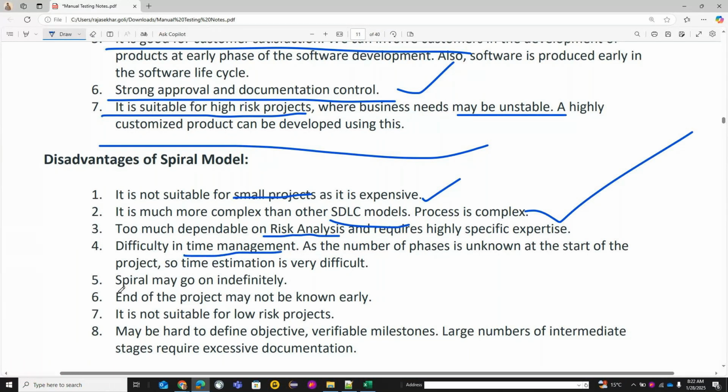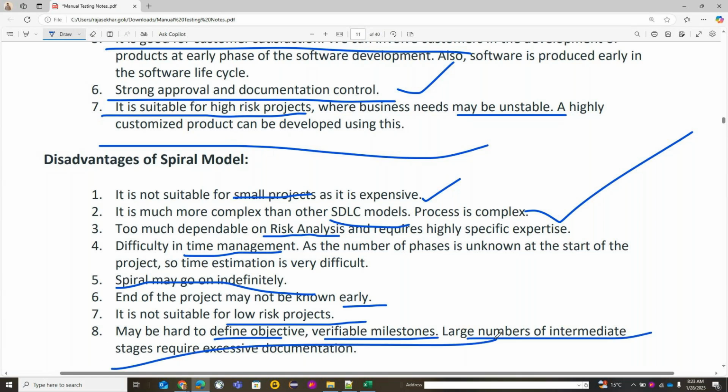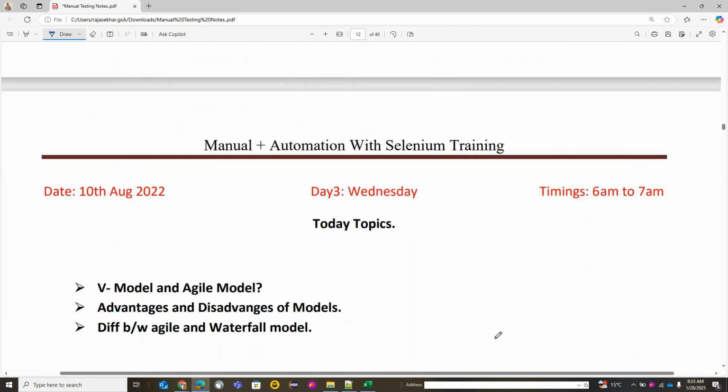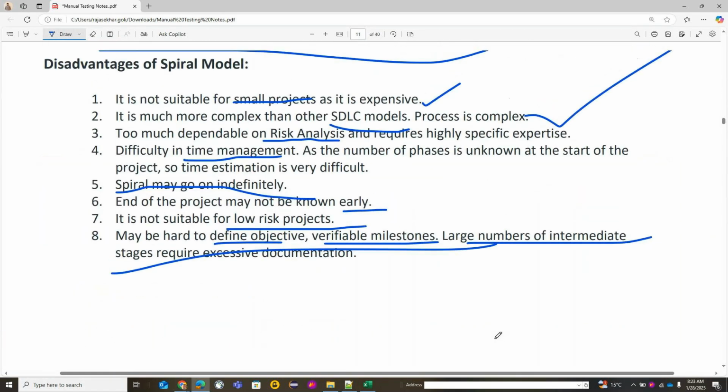Spiral may go indefinitely, and the end of the project may not be known early. We don't know when the project will be completed, and it's not suitable for low risk projects. It may be hard to define the objectives and verifiable milestones. A large number of intermediate stages require excessive documentation. These are some of the disadvantages we have in the spiral model.